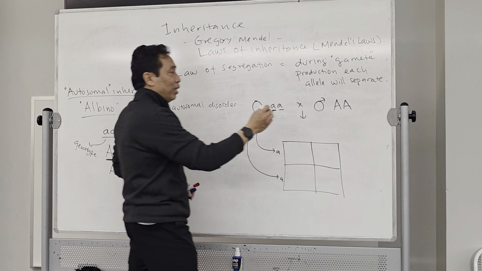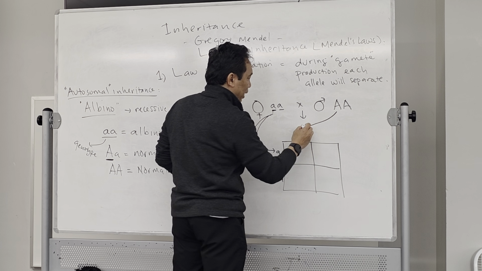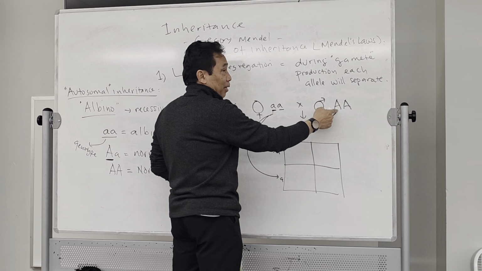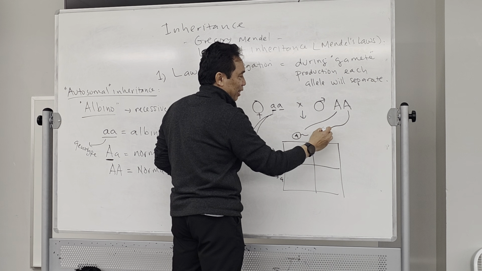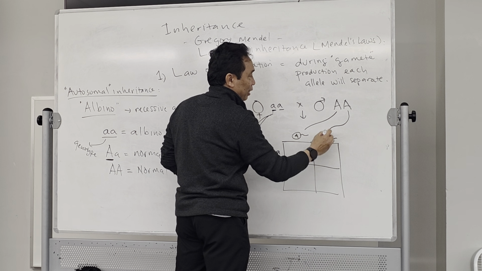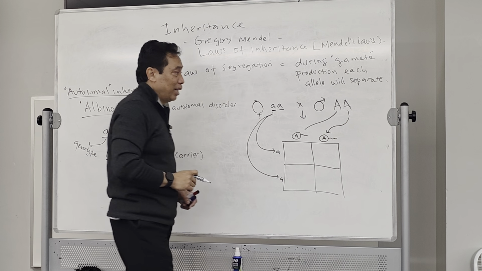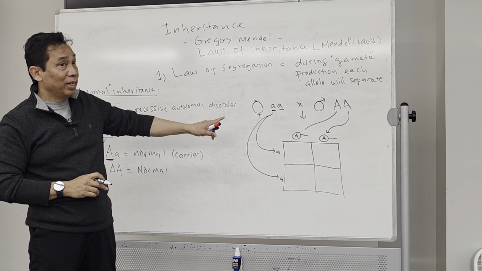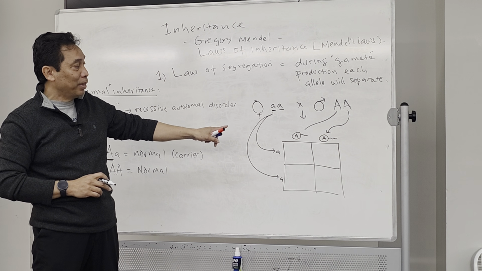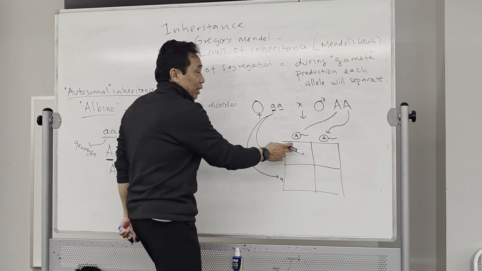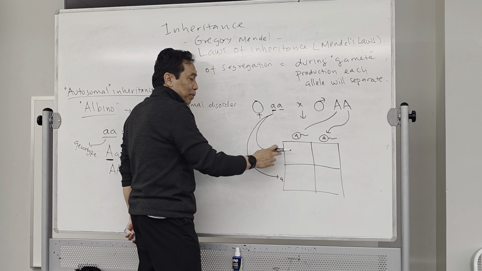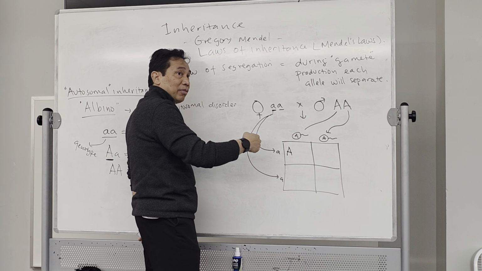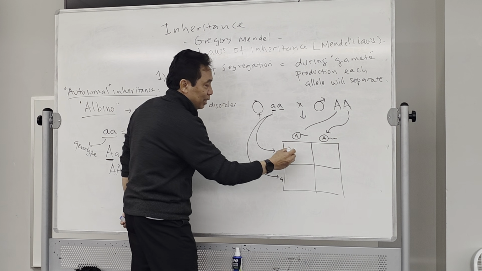Now the father, when he creates the sperm, this is a sperm that carries the A, and this one also carries the same, because this is the same allele, but you have to separate them in the Punnett square in order to know what happened. Now, the children will be a combination of sperm and egg. So it's going to be capital letter, always put the capital letter first if it is capital and lowercase.